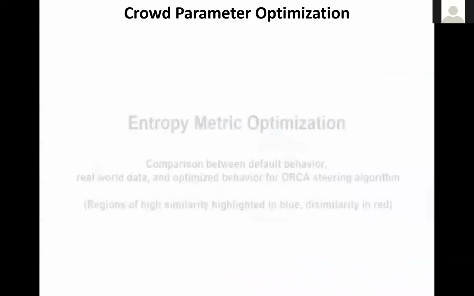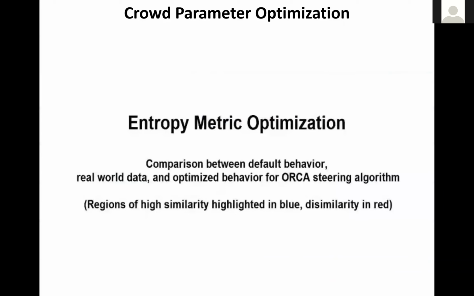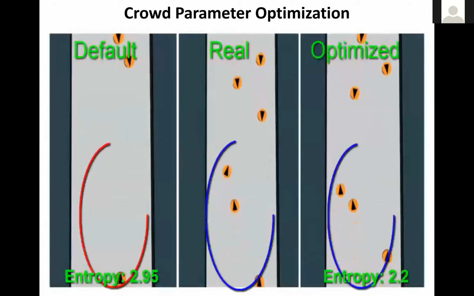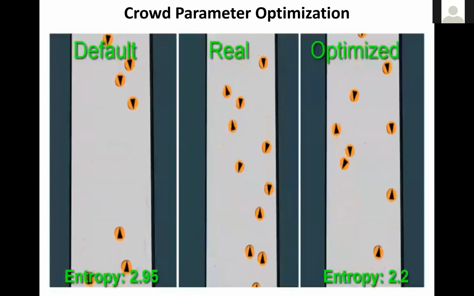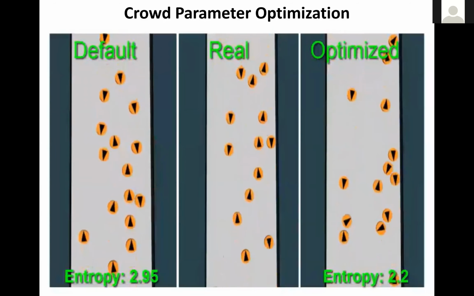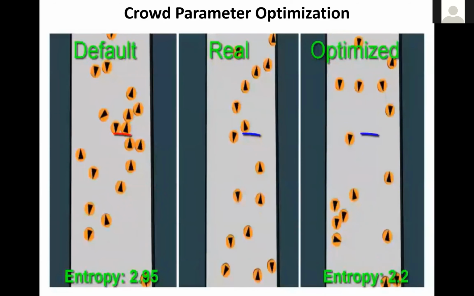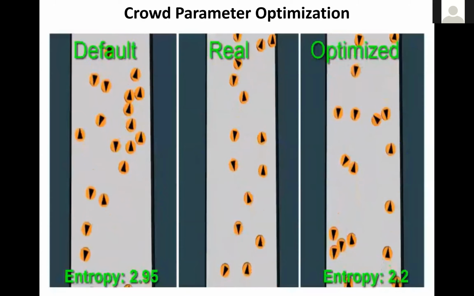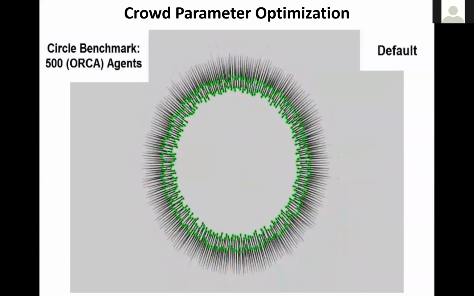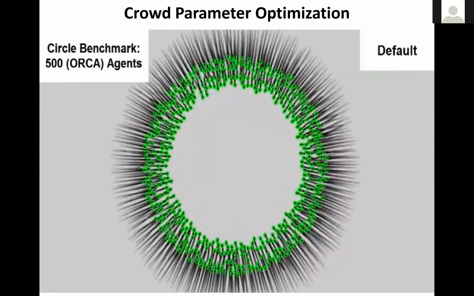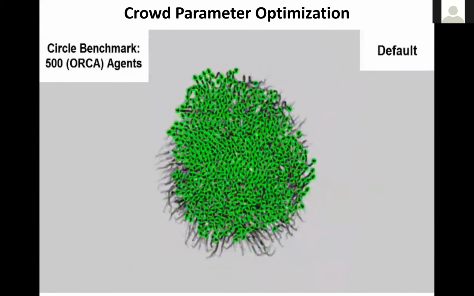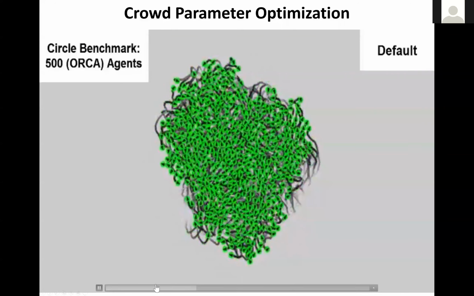The challenge is, how can we efficiently search through the space of these parameters? If you think of crowds of thousands of agents, that's an extremely high dimensional system. So the algorithmic challenge is how can we come up with an optimization strategy that can efficiently work? The solution that we take in this approach is essentially to use evolutionary optimization algorithms, and the specific approach that we use is known as CMA, which stands for Covariance Matrix Adaptation. At a very high level, you can think of that as an evolutionary approach to solving this optimization problem.